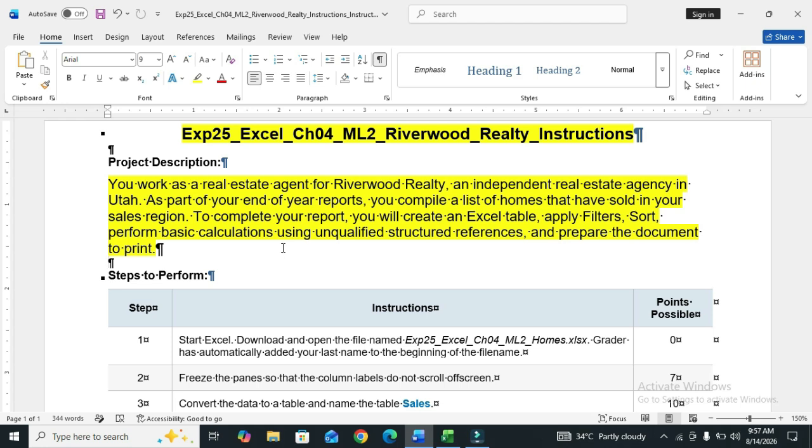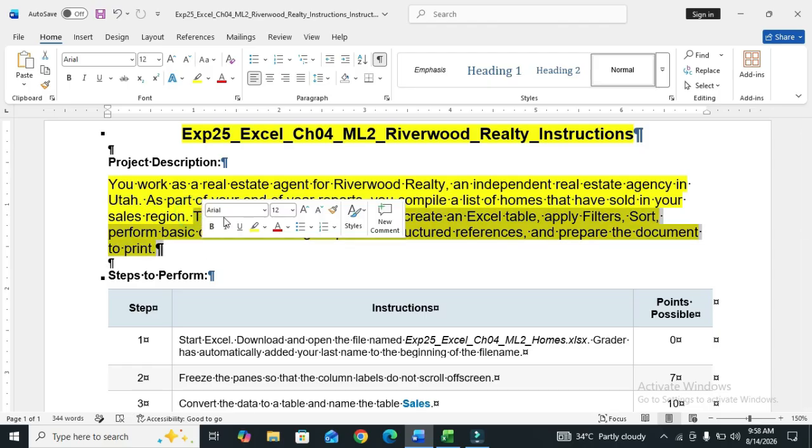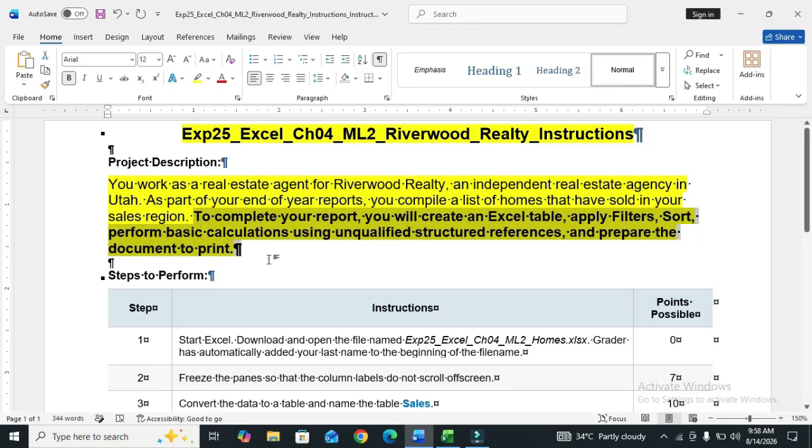To complete your report, you will create an Excel table, apply filters, sort, perform basic calculations using unqualified structured references, and prepare the document for printing. So those are the highlighted things to be done in this video. So we move to the project steps.